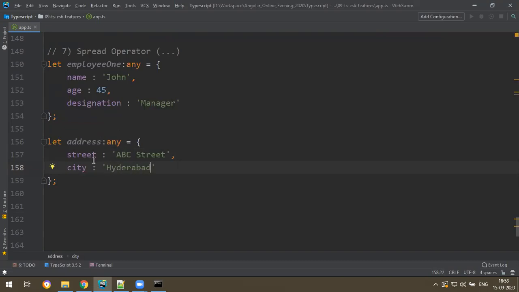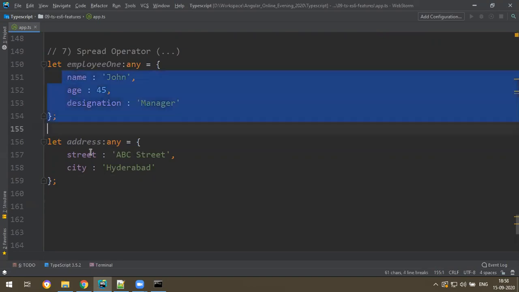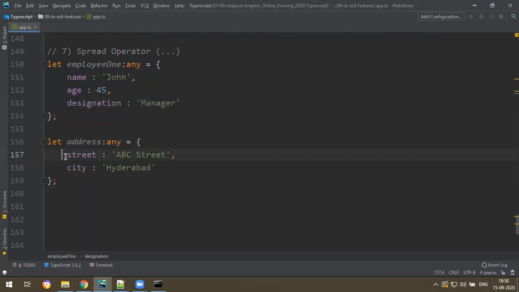Okay, I have two objects, and my plan is to club or merge these two objects. I need an object which contains all these three properties and also these properties. I want to merge both sets of properties and make a bigger object.